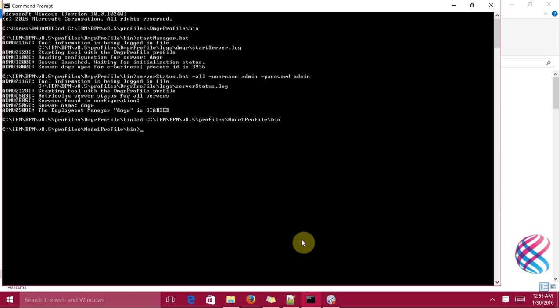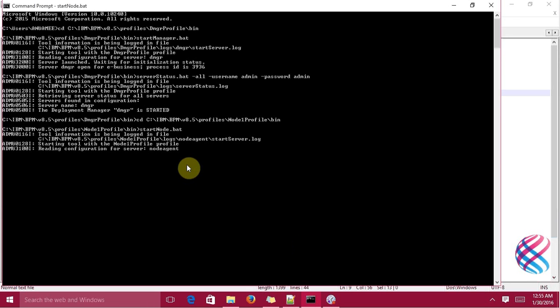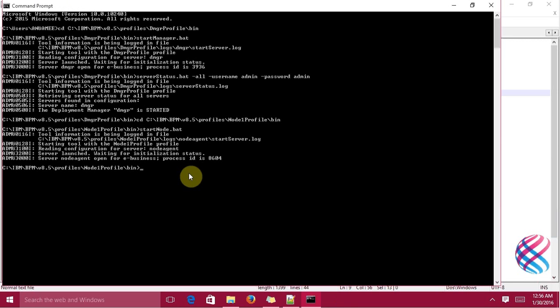To start our node, there is a command startNode.bat, and you can give the username and password. Otherwise we can give just startNode.bat. I just gave startNode.bat. Click enter. It will start our node. It is logging, then reading our node agent. The server launch is waiting for the initialization status. Now you can see that the server node agent is open for e-business, and its process ID is